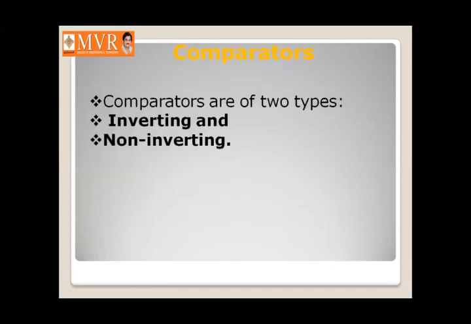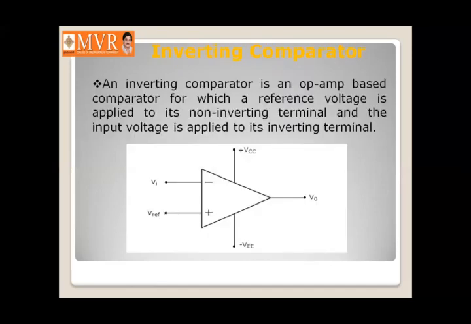So there are two types, that is inverting and non-inverting comparators. First we are going to discuss the inverting comparator. See here the operational amplifier, where the input signal Vi is applied to the inverting terminal of the op amp, and the supply voltages have been given, and the output we are going to take at the output pin of the operational amplifier,